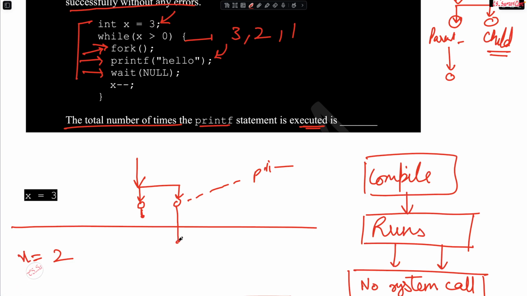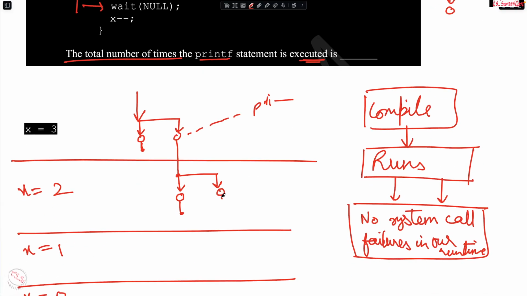At which point it is going to again fork out. The parent thread is again going to print. Likewise, the child thread is again going to print. The parent is going to get blocked over here. Let me just make it a block, and then the child thread goes on to the next iteration at which x is equal to 1, right?